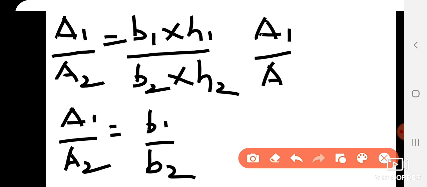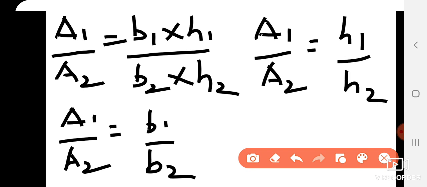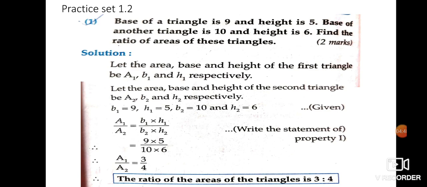A1 upon A2 is equal to H1 upon H2 if they have a common base, and A1 will be equal to A2 if they have a common base and common height. Now keeping these concepts in mind, let us go to the first exercise